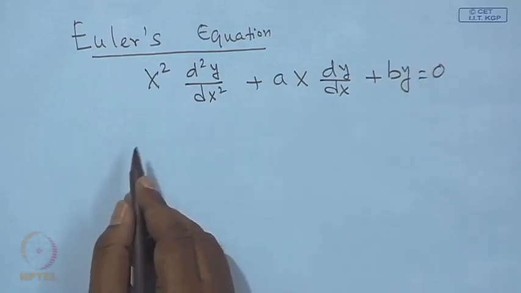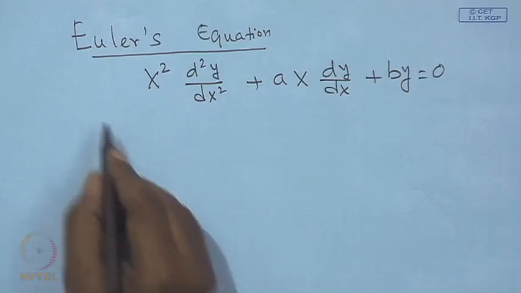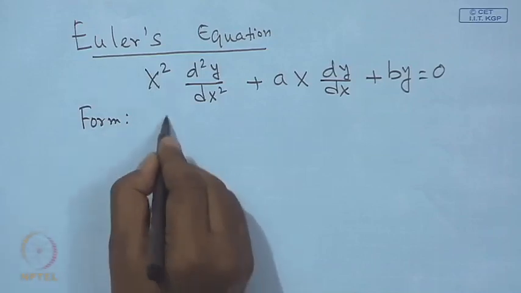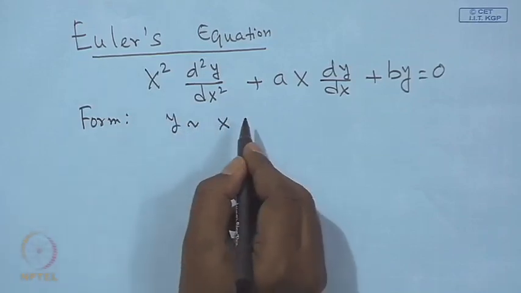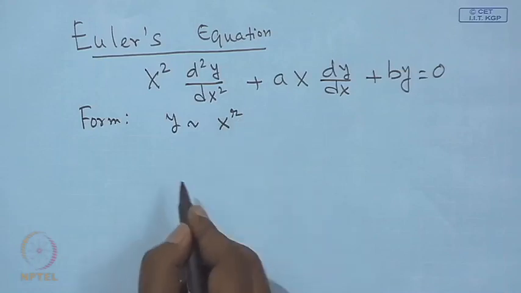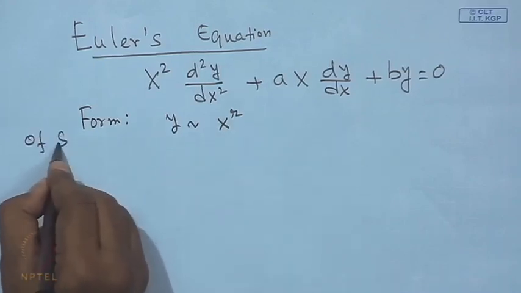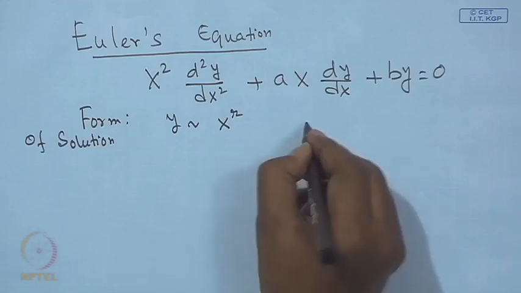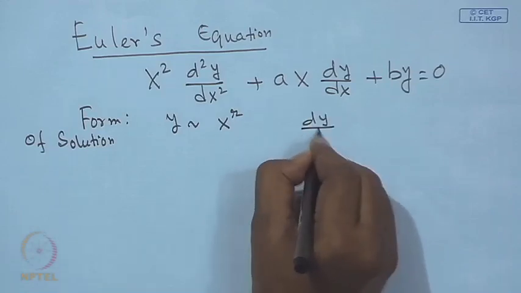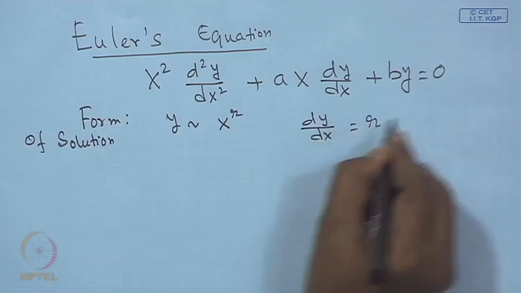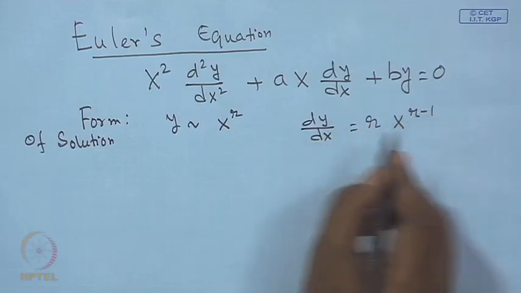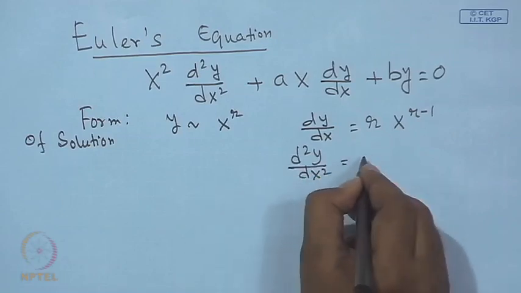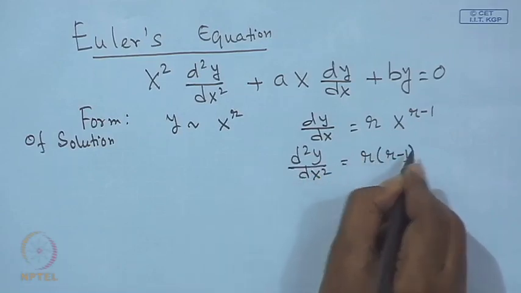Now, the form of the solution is y is equal to x to the power r. If we put that, then dy dx is nothing but r x to the power r minus 1. One more differentiation, so d square y dx square is nothing but r into r minus 1 x to the